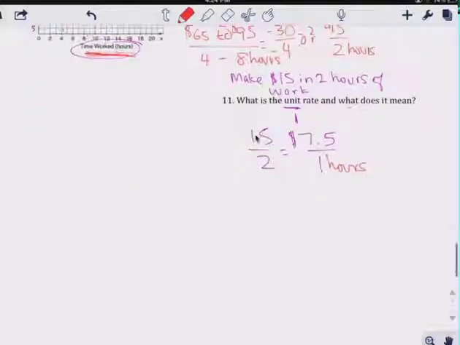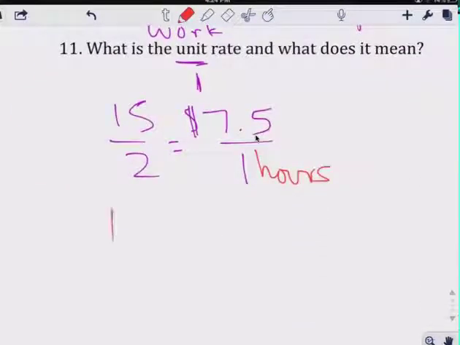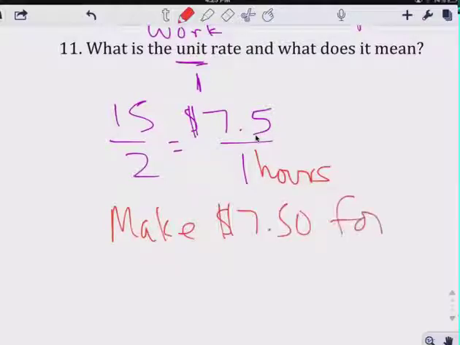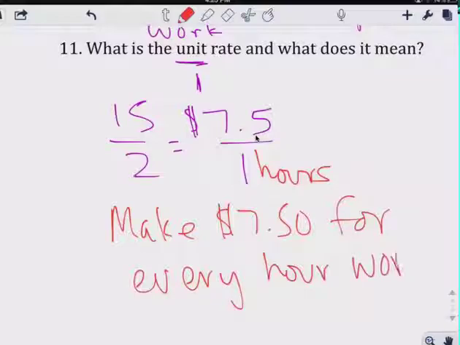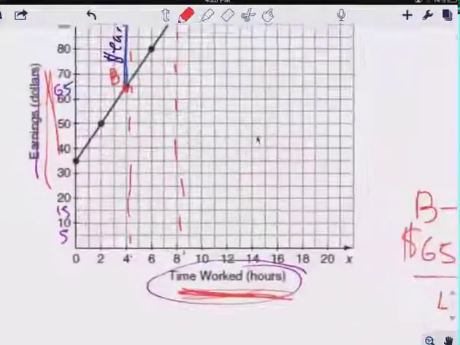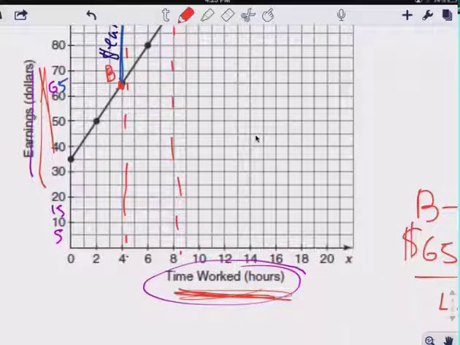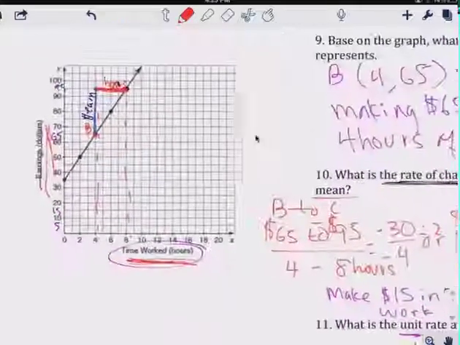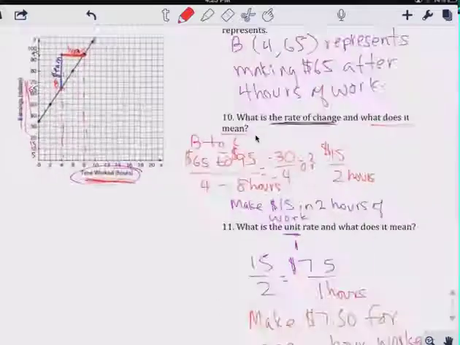Okay, so you've made $7.50 for every hour worked. Oh, forgot the word hour. Okay, so the graph shows it too. That's on average, but this person gets paid automatically